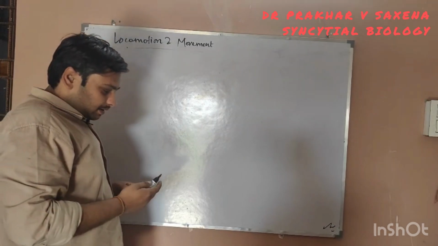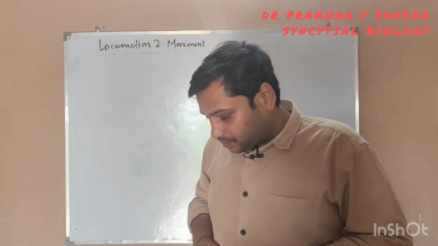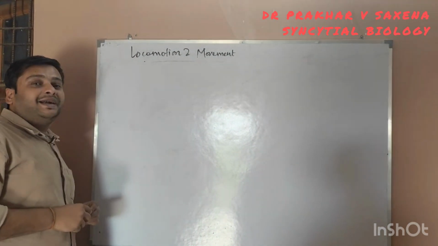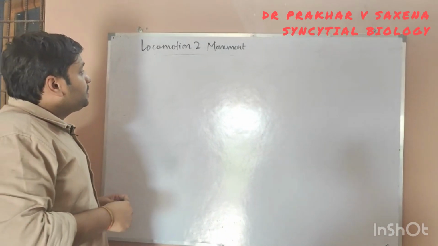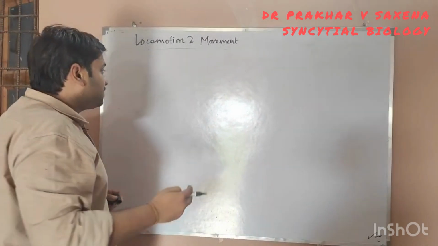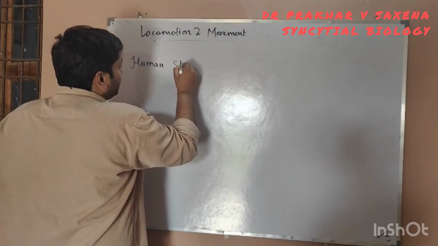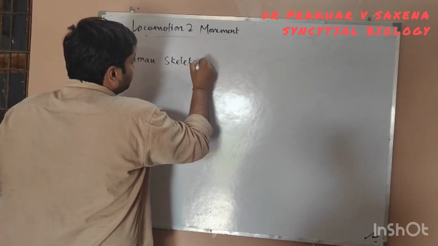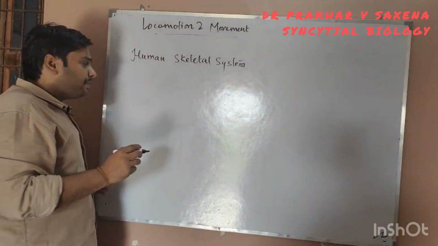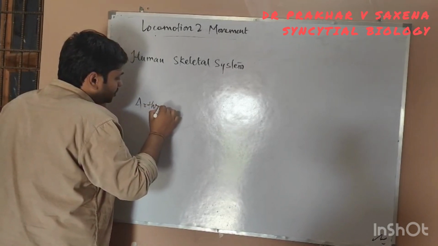Now this chapter comes under the unit of human physiology, and it is one of the important systems which deals with the human skeletal system. Okay, so this chapter, locomotion and movement, consists of two parts. In the first part we will be discussing the human skeletal system, and in the second part we will be discussing the joints, that is arthrology,